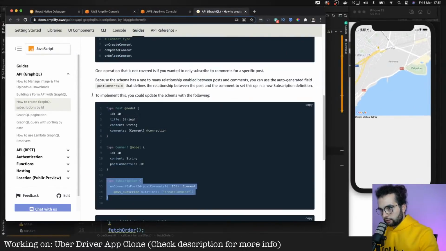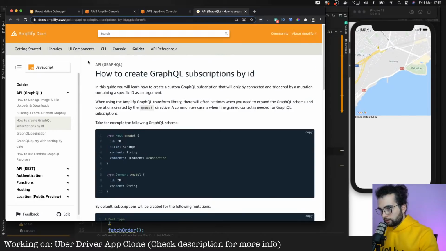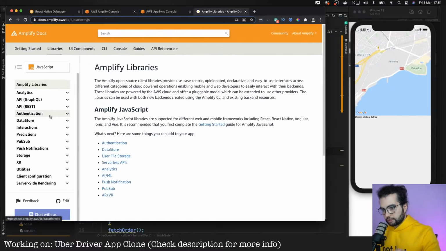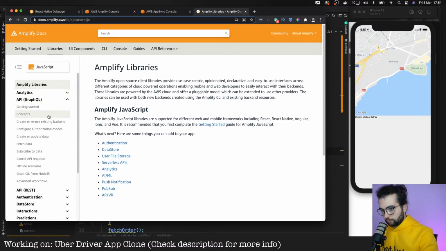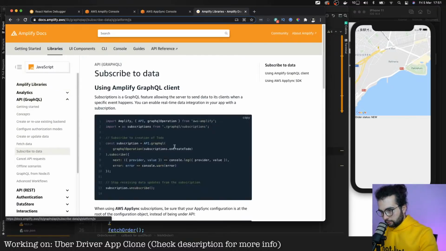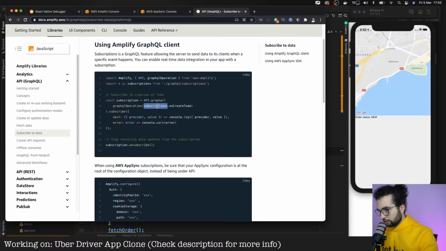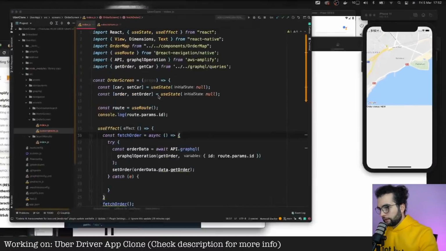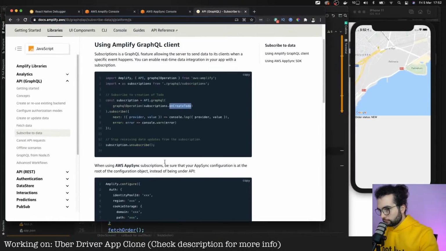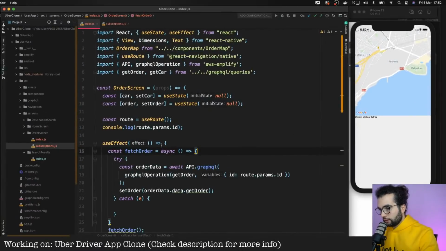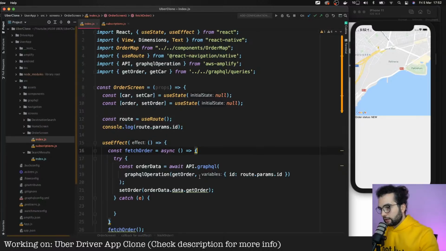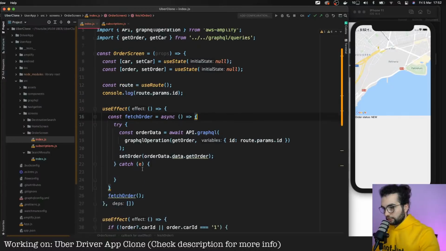Wait a second. Libraries, API, GraphQL, subscribe to data, GraphQL operation, and yeah, it's the same thing. In our order screen index, we will need to subscribe to order updates.